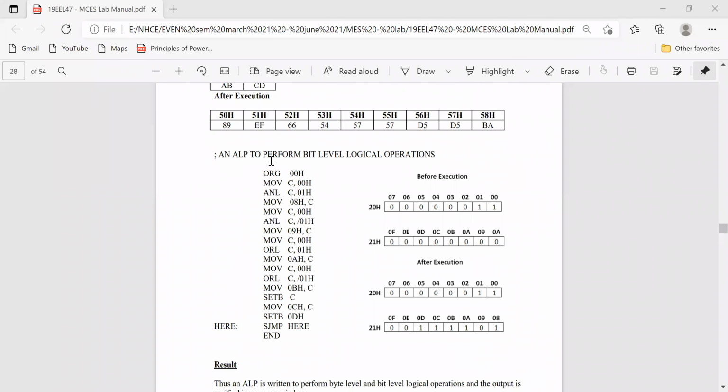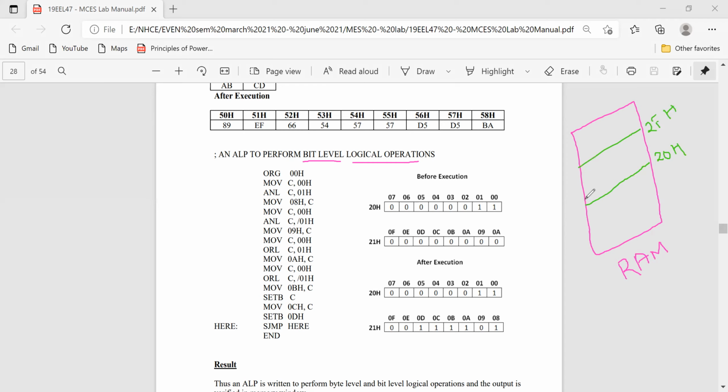So this is a bit level logical operation. We perform bit level logical operations. You already know that there are a few locations which are bit addressable. If you see the RAM, as we have already discussed, from the location 20H to 2F, it is bit addressable.